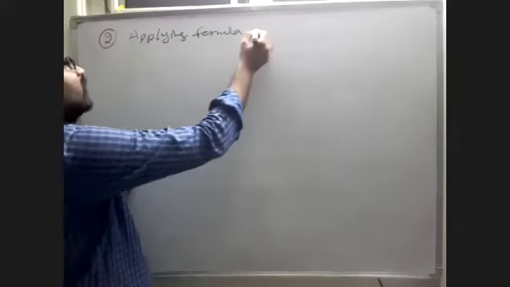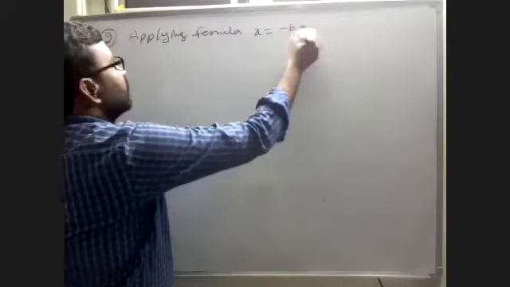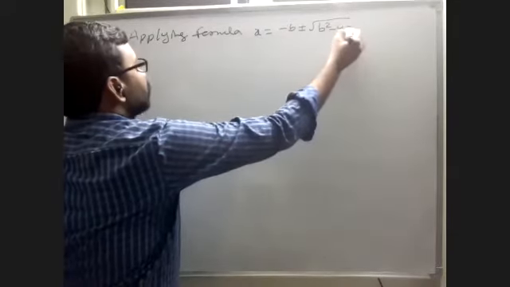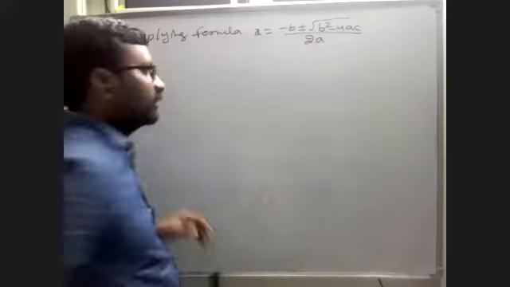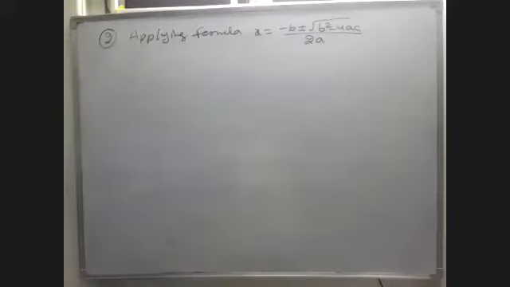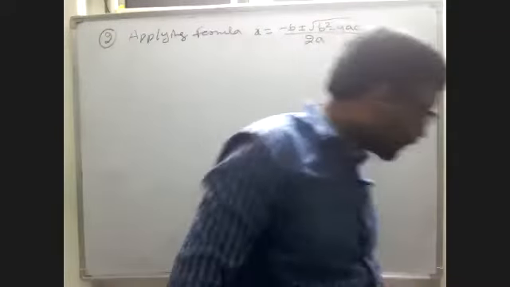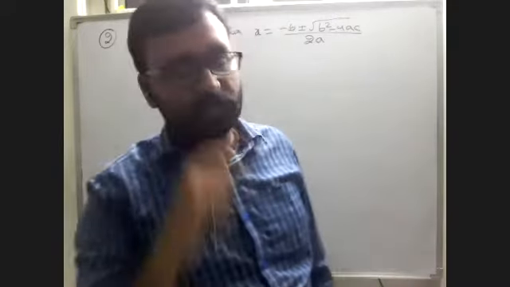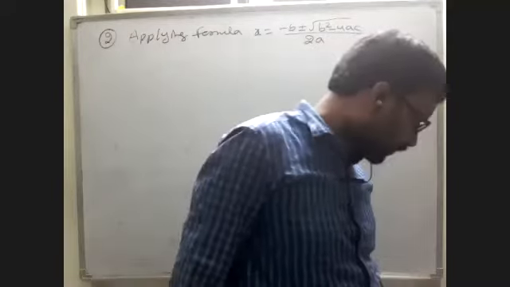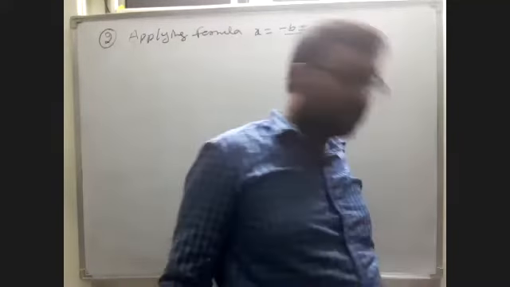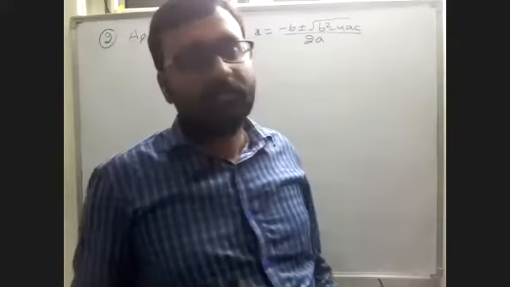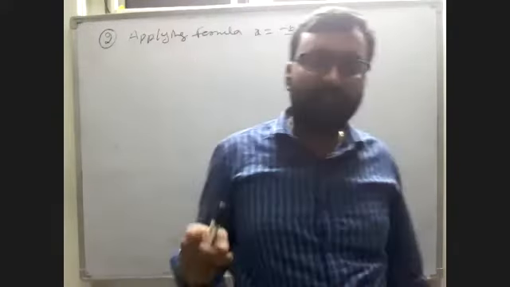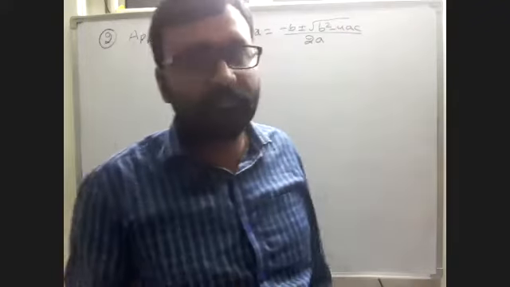What is the formula? Applying the formula x is equal to minus b plus or minus root over b square minus 4ac by 2a. By applying this formula, we can find the factors, roots, zeros of the given quadratic equation. So by applying this also, we can find the factors or roots. And here, I told you how we will find the root values also. Understand? Hello, sir. I told you how we will find root values also here. Yes, sir. Root 5, root 6, root 7, root 10, 11, 12, 13, 14, 15, 17, 19.